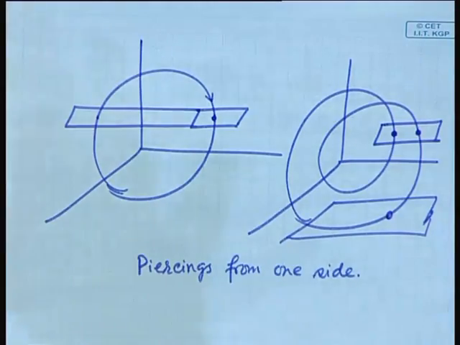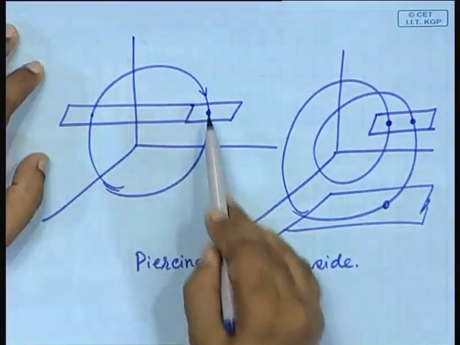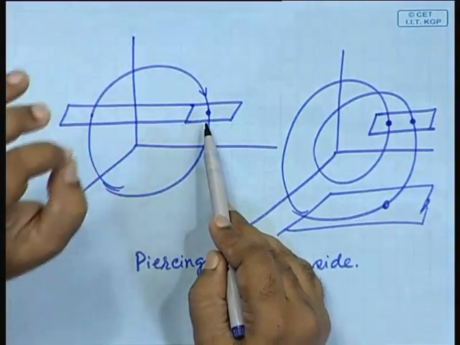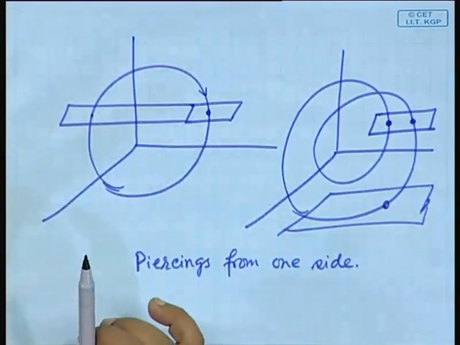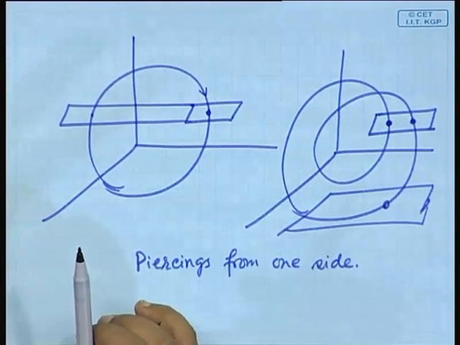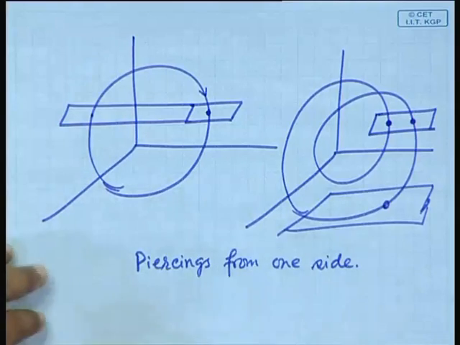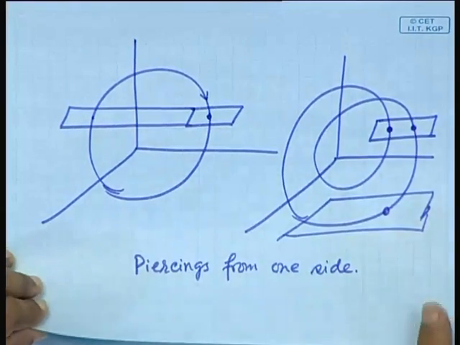But once you keep this in mind, that means firstly you are observing piercings from one side only, not from both the sides, and secondly you have placed it in such a way that all the loops in that orbit are intersected by that Poincare plane. This thing is absolutely correct, that whatever is the periodicity of that orbit will be exactly seen as the number of points in steady state on that Poincare plane. Clear? Okay.